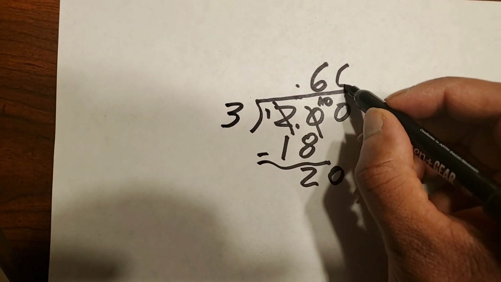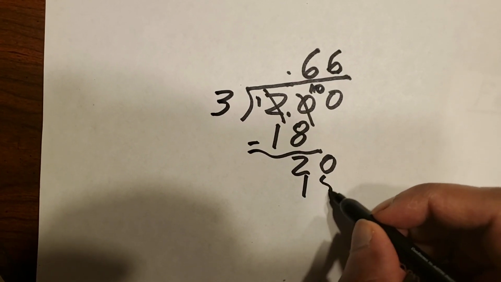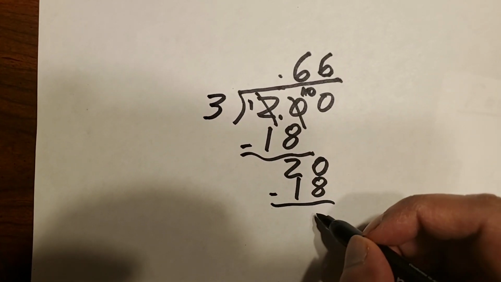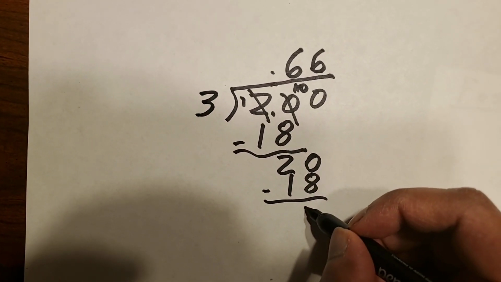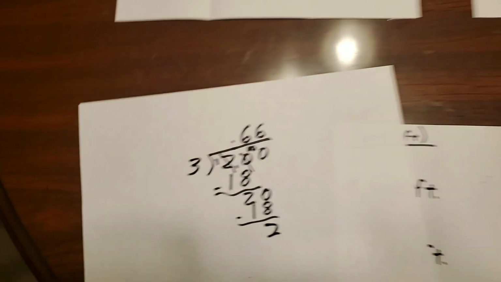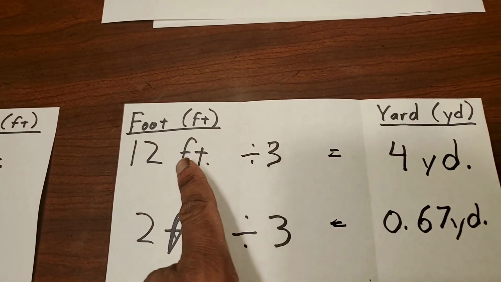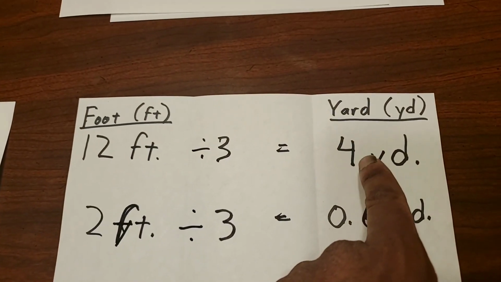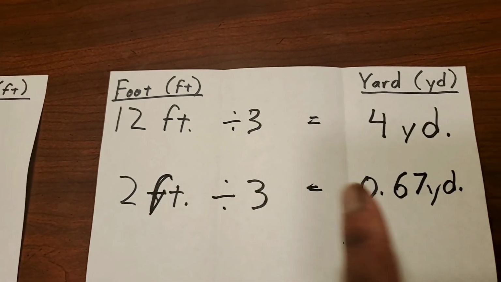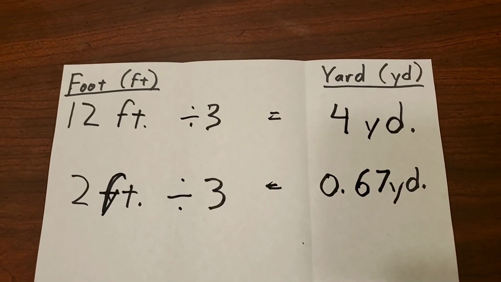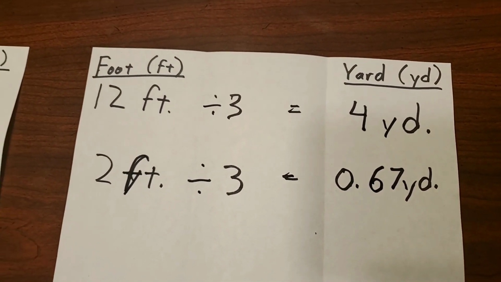Still get 6. So what do I do, by calculator or by paper? I'm going to still get the same thing. So 12 feet is the same as 4 yards. 2 feet is the same as 0.67 yards. Okay, now